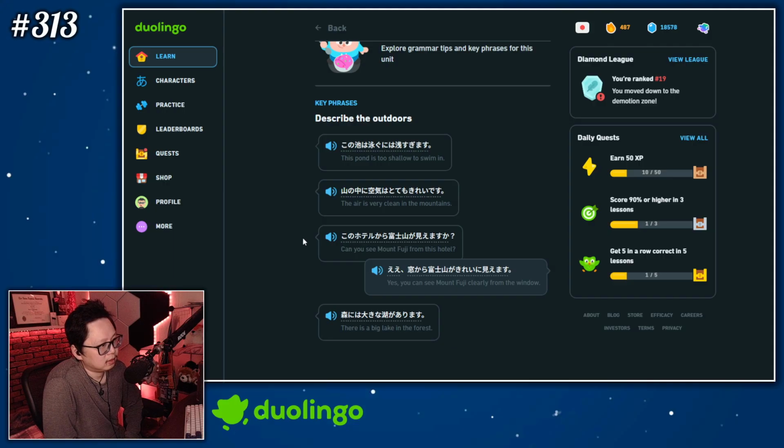Ne? Mado kara, or window. I think it's mado. Mado kara Fujisan ga kirei ni miemasu. 窓から富士山が綺麗に見えます。